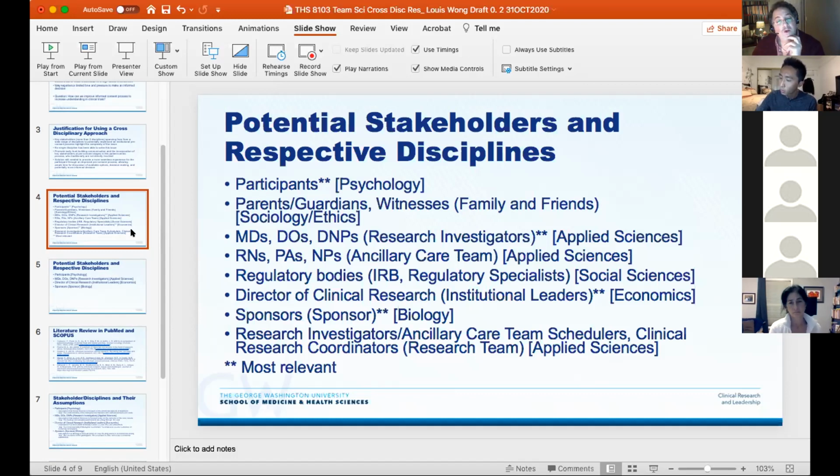And then, what do you mean by applied sciences? What science is that? Medicine, health sciences? They're all applied? Because what you have here is MDs, DOs, DNPs, applied sciences. Psychology has an aspect of it that's applied. So does anthropology. So does economics. So is applied science part of your discipline that you've identified as having its own way of looking at a